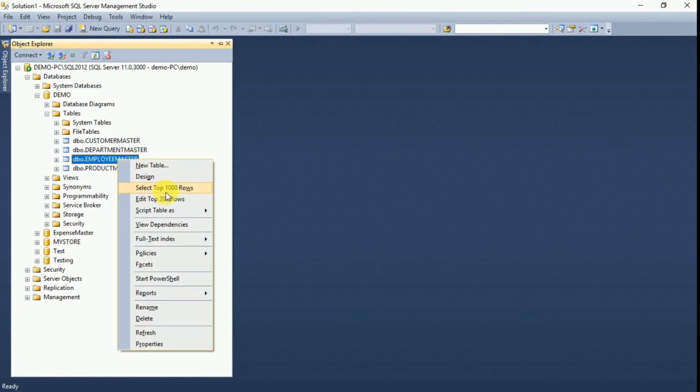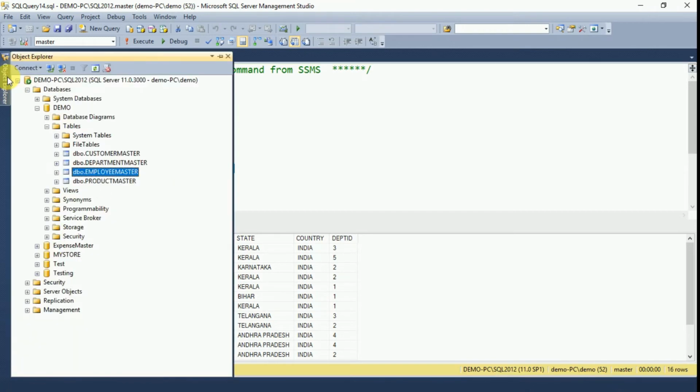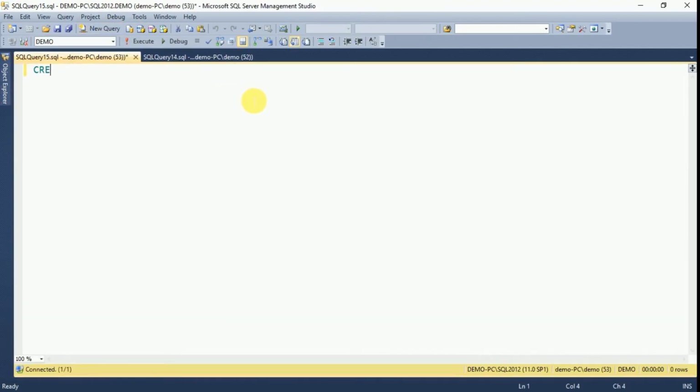Just check the records from this table. It contains employee information. We will create one inline table valued function and we will pass the employee ID to extract the data. To create an inline table valued function, click on the database, new query, create function.